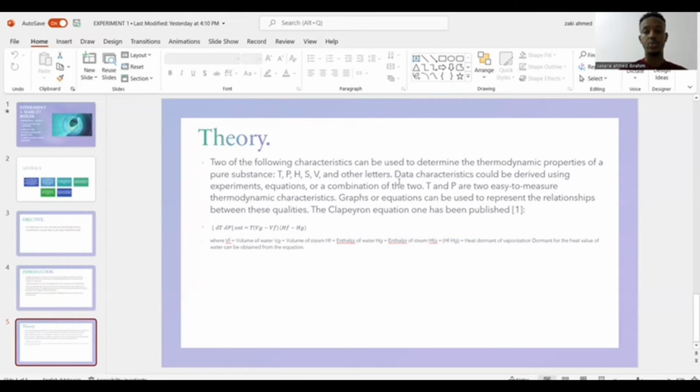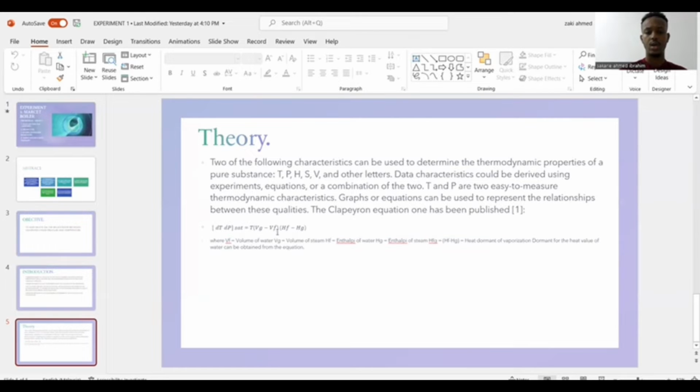Data characteristics could be derived using an experimental equation. The equation is a combination of temperature and pressure, which are easy to measure thermodynamic characteristics. Graphs or equations can be used to represent the relationship between these qualities. The equilibrium equation has been published, and here, as we have seen, the change of temperature and the change of pressure in saturated